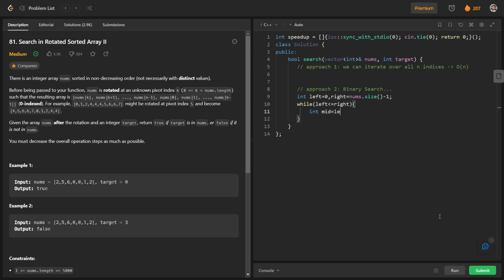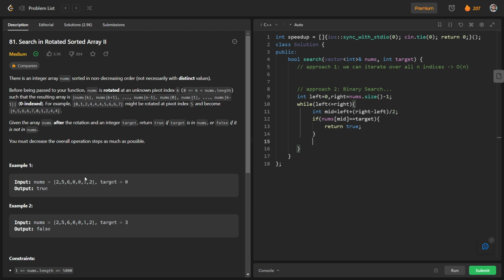So mid is nothing but left plus (right minus left) upon 2, and if nums[mid] is equal to target, in this case we will just return true because we have found the number. Otherwise we will try to do something in order to find whether we are having a target or not.